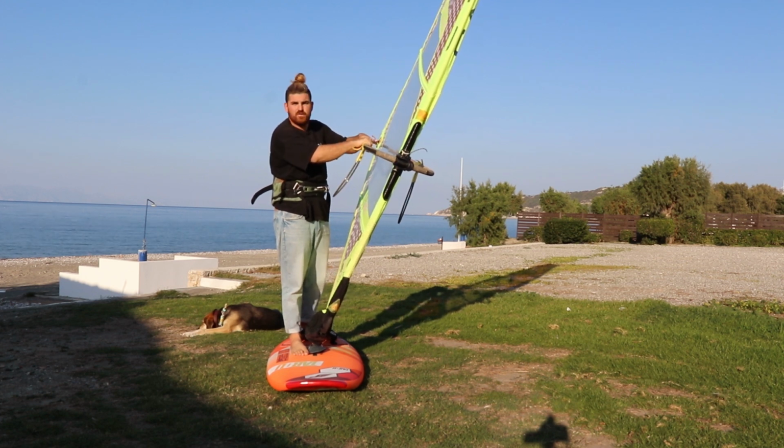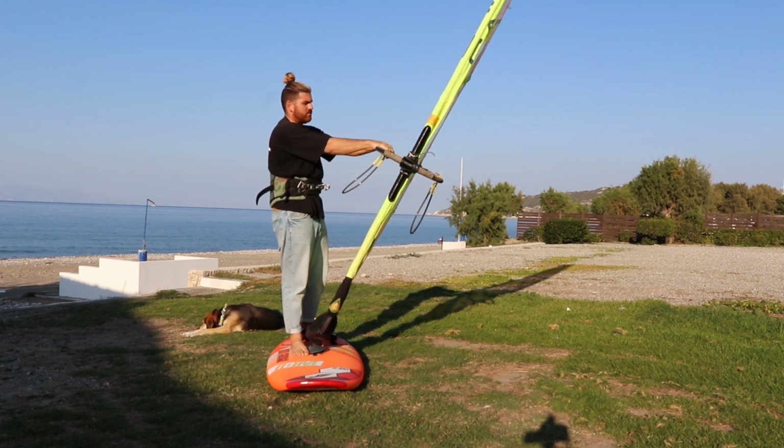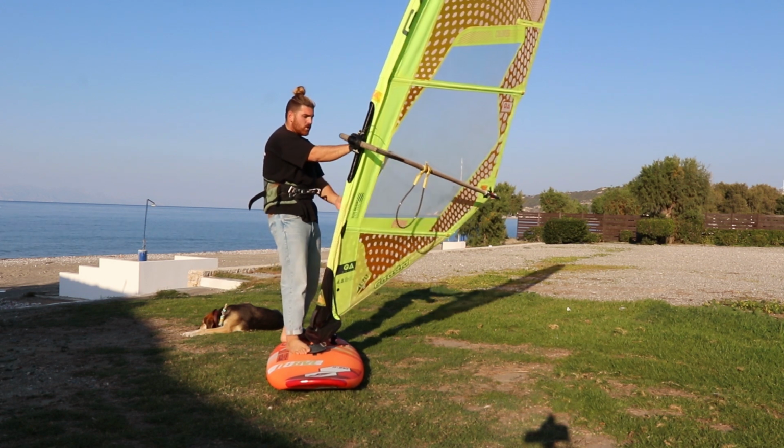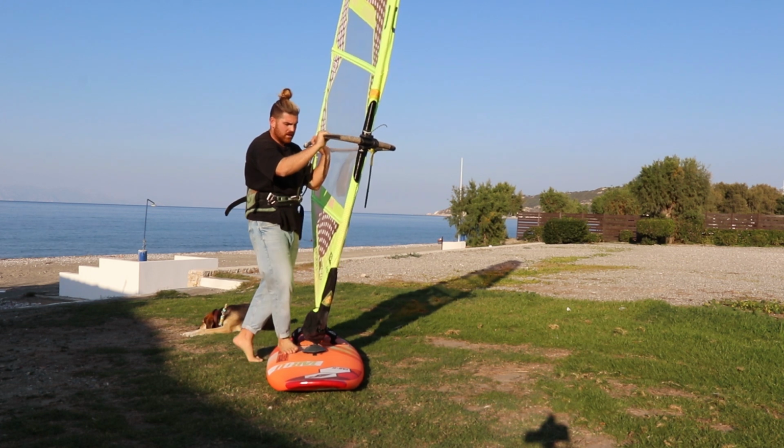Let's start with around a fist apart or a bit closer, 3 fingers apart. So we'll start somewhere here. Now we've approximately found the center by just feeling out the sail. Then what we're going to do is we're going to hook in, right? Again, this has to be done in the wind. So you hook in,